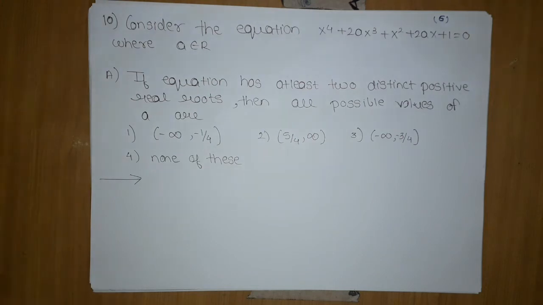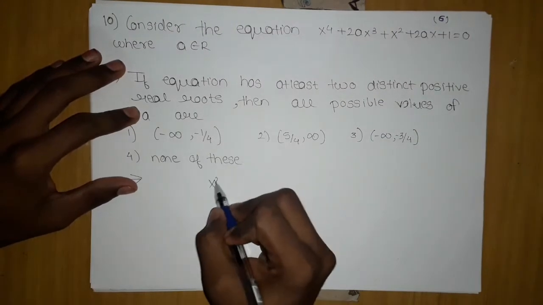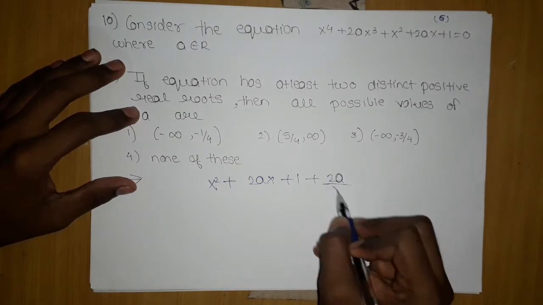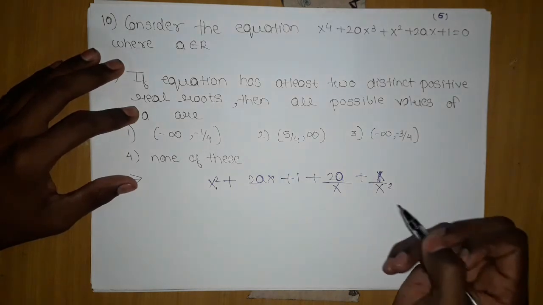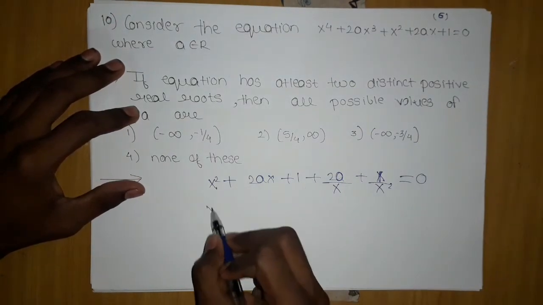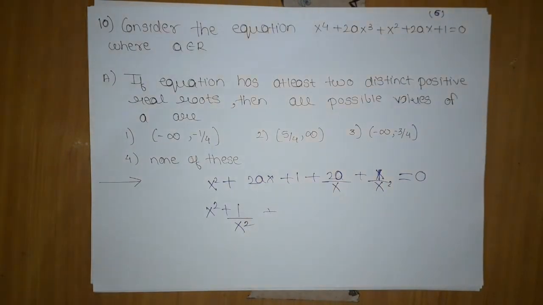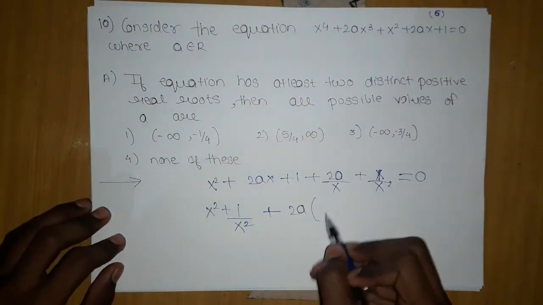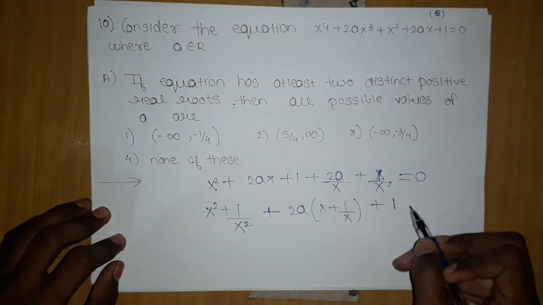Now, the first thing you can see is that if I divide throughout by x square, what do I get? x square plus 2a x plus 1 plus 2a by x plus 1 by x square should be equal to 0. In this question the starting depends on your basic 9th-10th mathematics. If your 9th-10th mathematics is strong, you can analyze how we can make this, and your 50% or 40% job is done. Then we can further move on.